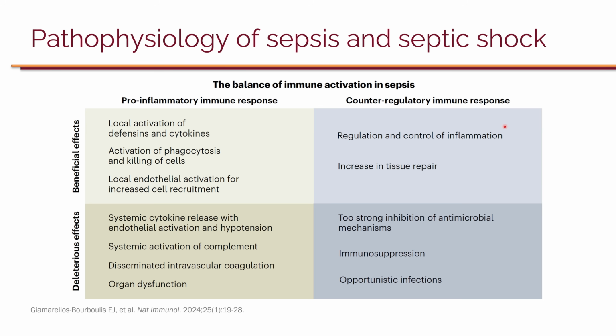And then on the immunosuppression side, the beneficial side is that there is regulation and control of inflammation, because too much inflammation can cause damage. So this immunosuppression is going to calm things down, calm down the storm, and increase tissue repair. The downside of that is that now you have immunosuppression, so people are more prone to getting other infections. So not necessarily the infection that caused sepsis, but opportunistic infections